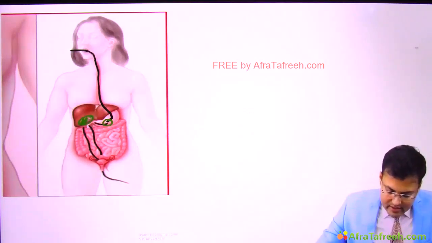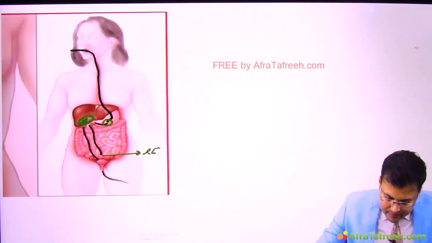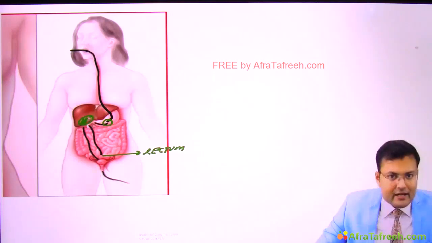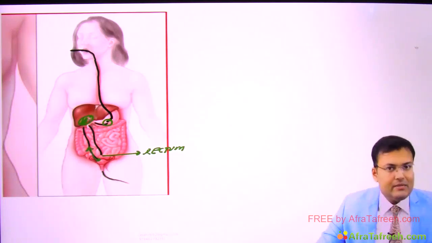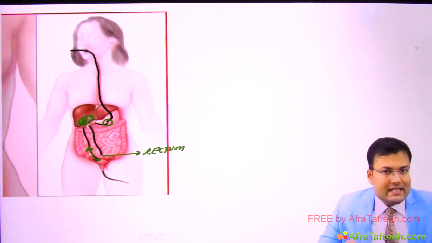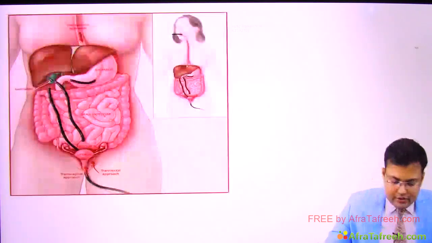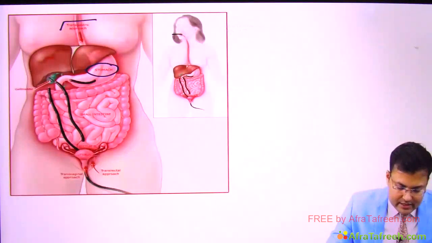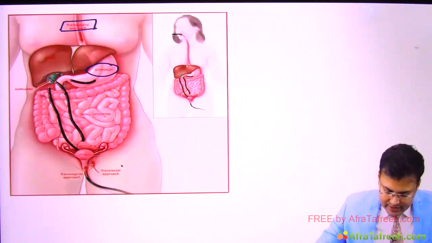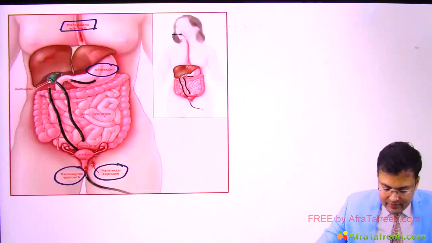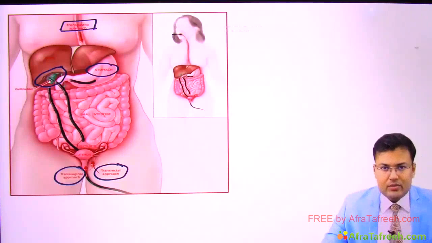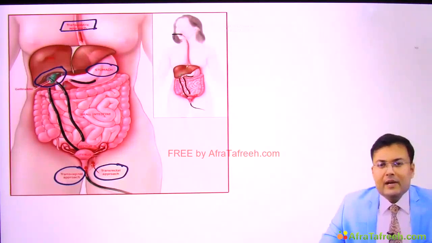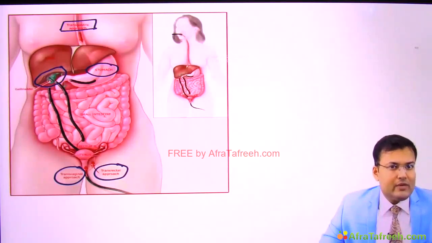Clear? Now see here, I can use the rectum also, and I can use the vagina. Via the vagina I go into the uterus, and then via the uterus I enter the peritoneal cavity and perform the surgery. So there can be transgastric, transvaginal and transrectal approaches. If I'm using the stomach, this is the transgastric approach; the rectum, transrectal; the vagina, transvaginal. Here I'm performing a cholecystectomy. Two surgeries which can easily be performed via NOTES are cholecystectomy and appendectomy.